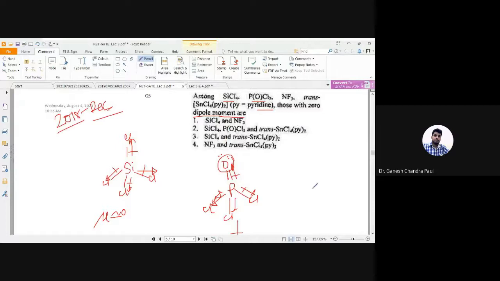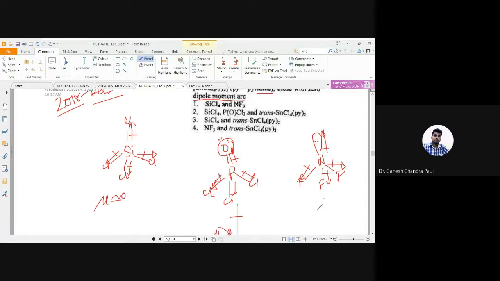And you can see here the third one, that is nitrogen trichloride. It also has a pyramidal structure, like this, with chlorines attached. So you can see here the lone pair moment will be present over this side, and 3 bond moments present over this side like this. And the overall dipole moment here is also always greater than 0.